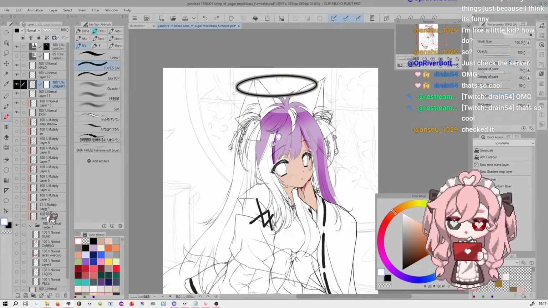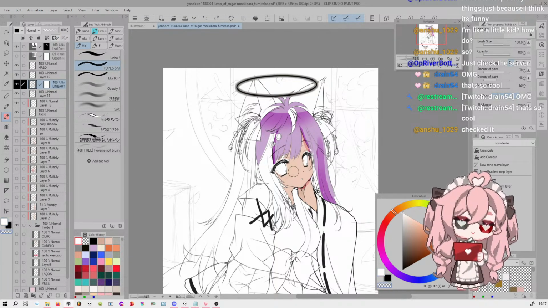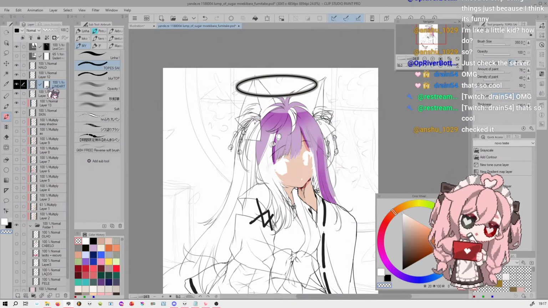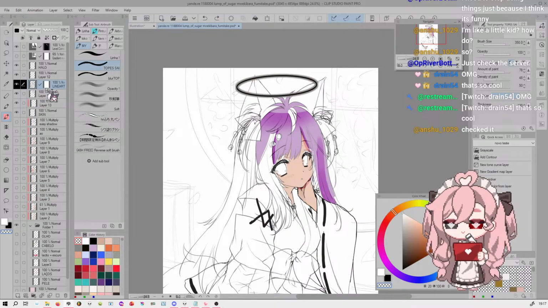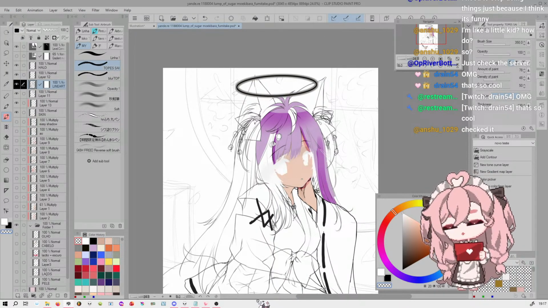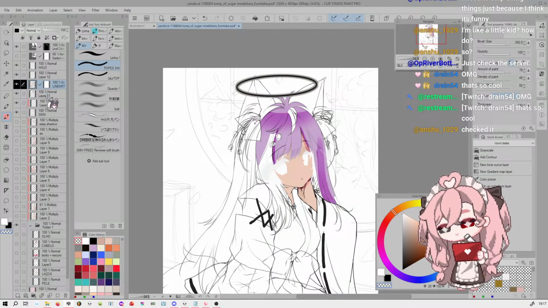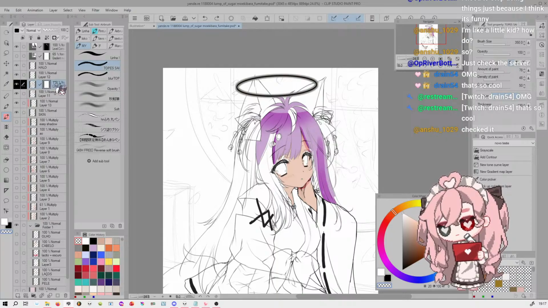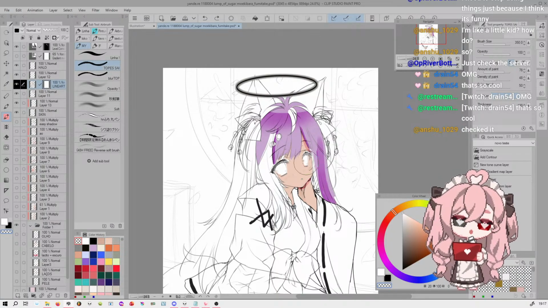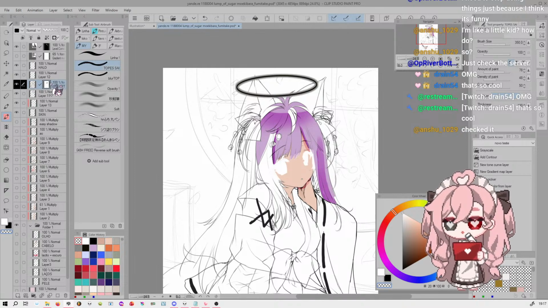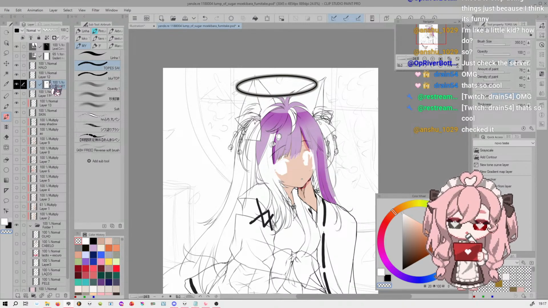You can also, let's say, I'm going to erase her face just because I want to show you something. Very important, guys: if this square is selected, it's going to erase for real on the layer. So just creating a layer mask is not enough. You have to select the little square of the layer mask here, and then you erase. Now you see this little black dot here. It's the part you